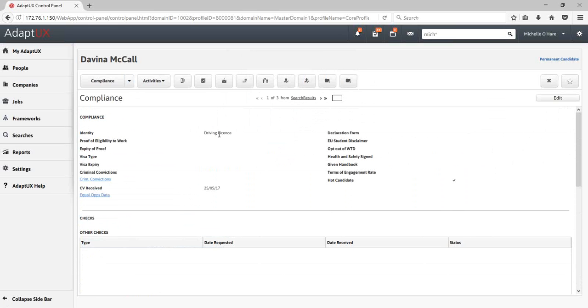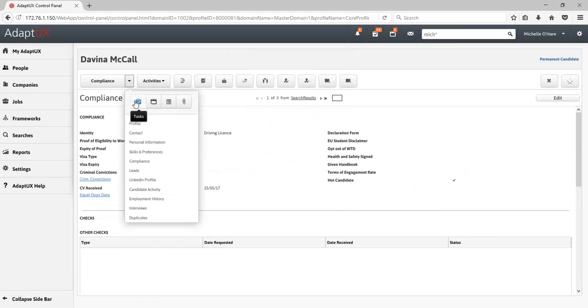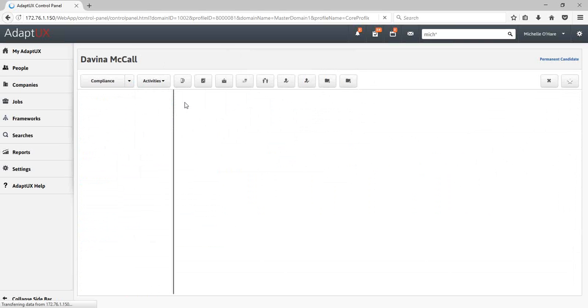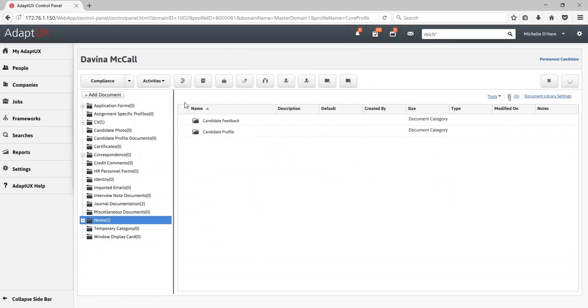Now, if I have received ID, I probably want to go and attach that ID to the system. So if I click on the drop down, we've seen tasks, we've seen calendar appointments, and this is where the document library is on each record. If we click on that, this is where you can go and attach anything you want to the record. This makes everything paperless, which is fantastic. So you can see in here, if I've got ID, I can click on Identity folder, go to Add Document at the top,